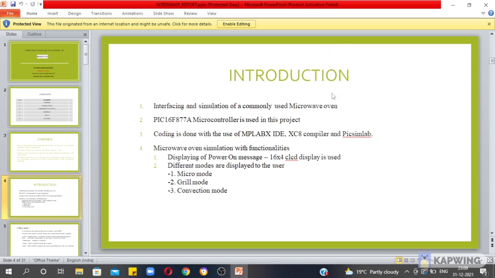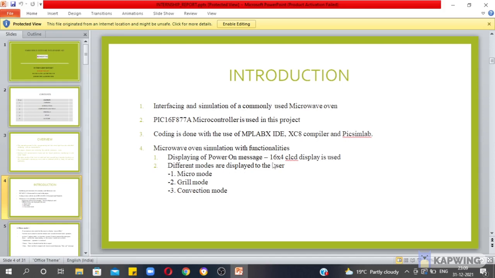In this introduction, we are interfacing and simulating a commonly used microwave oven. The PIC16F877A microcontroller is used in this project, and coding is done with the MPLAB X IDE, XC8 compiler, and PICSimLab microwave oven simulator with functionalities.